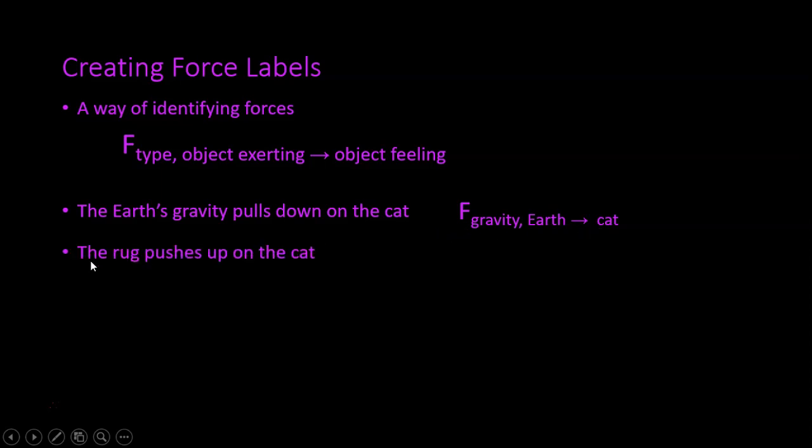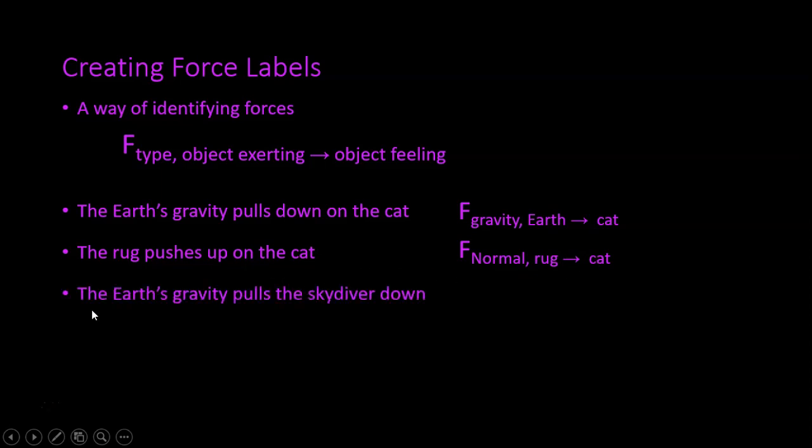The other force in that sketch was the rug pushing up on the cat, and that force starts with capital F. It's a normal force, and we'll talk more about that later. The object exerting the force is the rug, and the object receiving or feeling the force is the cat. Moving on to the skydiver picture, we had the Earth's gravity pulling the skydiver down, and